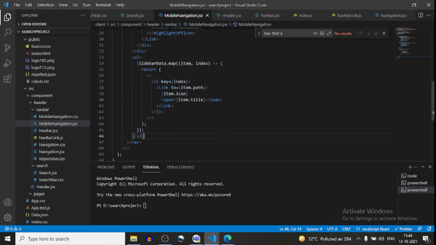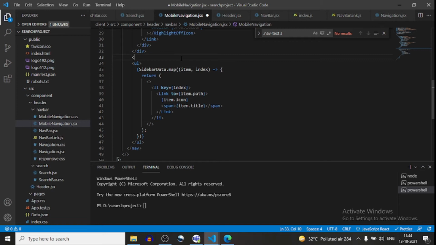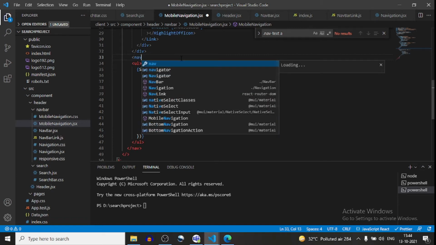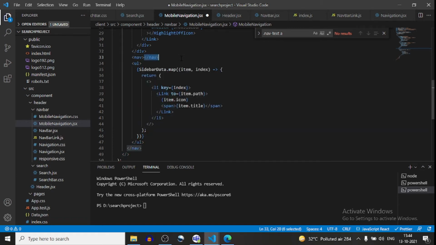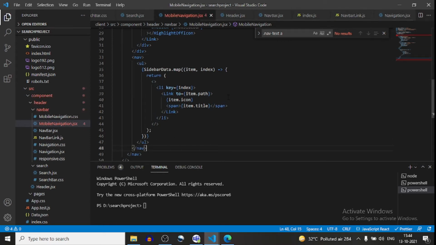This UL also will be inside a nav, and sidebar dot map UL, and this nav has a class name.